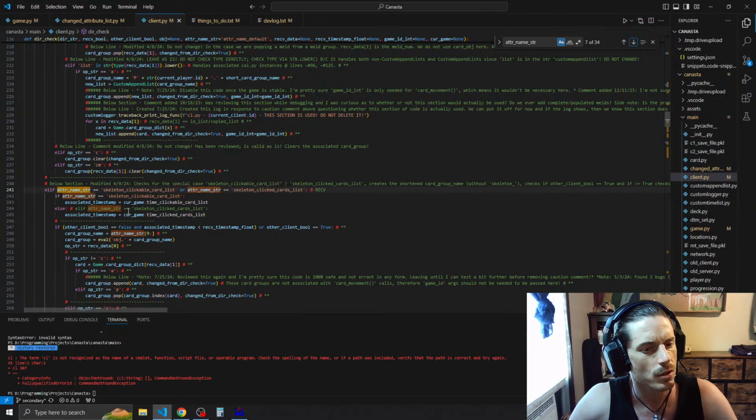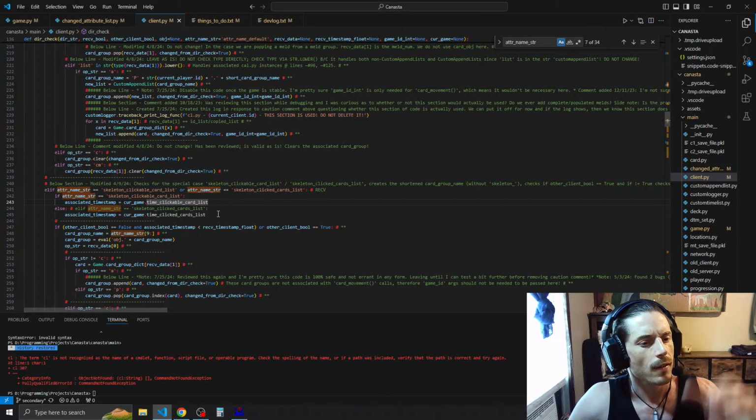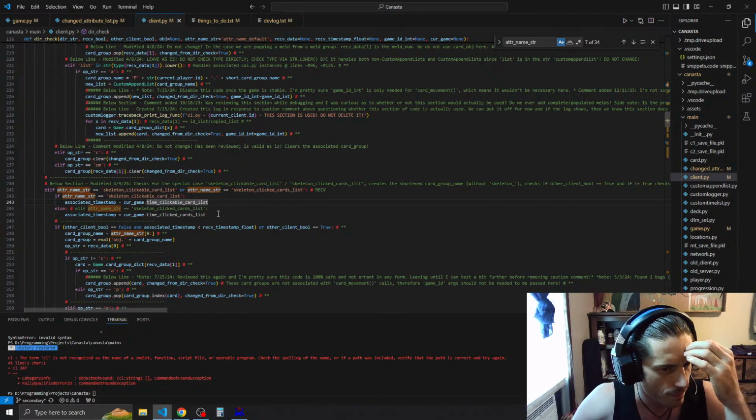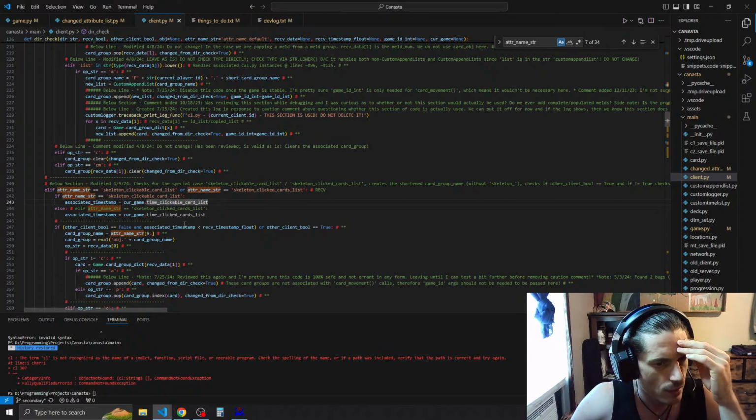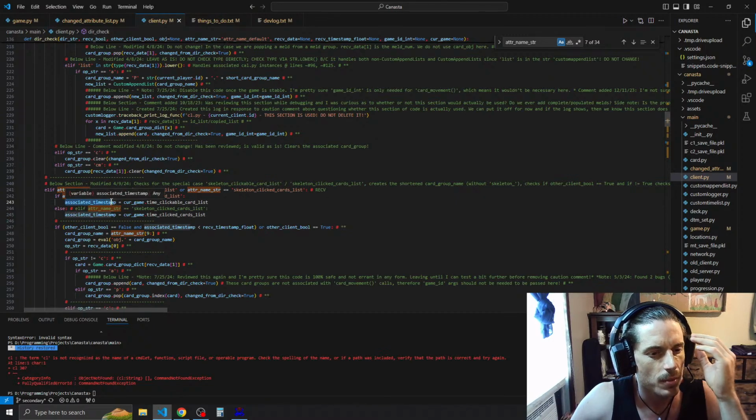If adder name string is equal to clicked skeleton clickable card list, associated timestamp equals current game dot time clickable card list. Okay. And then the associated timestamp though